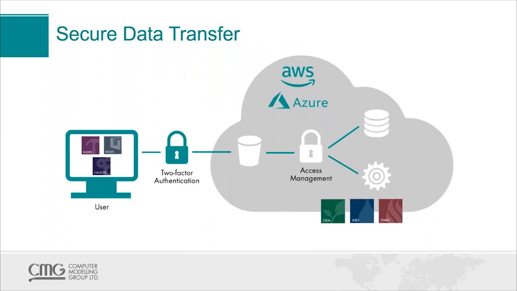Security of your data is one of the biggest things on our clients' minds when we first brought up the cloud, and we here at CMG and also our partners take it very seriously. For the login, there is two-factor authentication. So you require not only your password and your name, but if you like, there's also a third credential you can add, which is a dynamically changing key, an MFA key or Google Authenticator, that you need to log in to see your data or to submit your jobs. The actual transfer itself is highly encrypted. I believe Azure uses 256-bit encryption, and AWS uses S3 encryption to store and transfer your data.